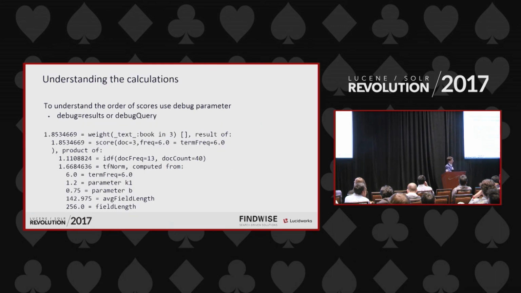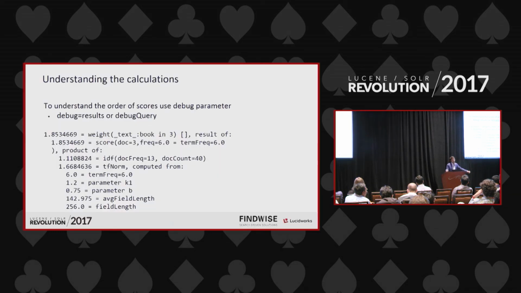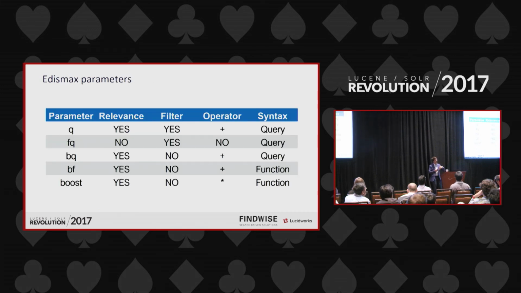For example, here I search for book in the underscore text field. I didn't even look for different fields. And it tells you all the different parameters of the BM25, how they are aggregated or multiplied with the inverse document frequency, and in the end, how it is used for actually calculating the score of the document, because I only got a match on that field for that term. Then, and here we go to the most important part of what I wanted to show you, is all the tools that we have available to override and affect our relevance score.